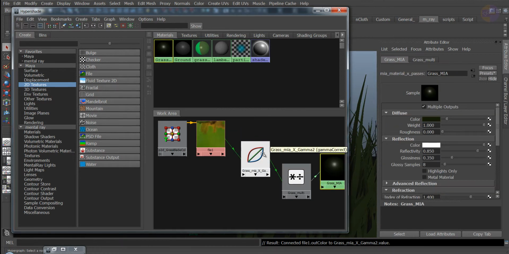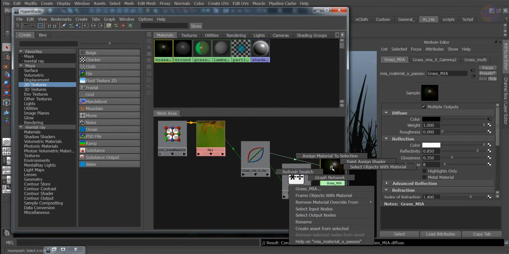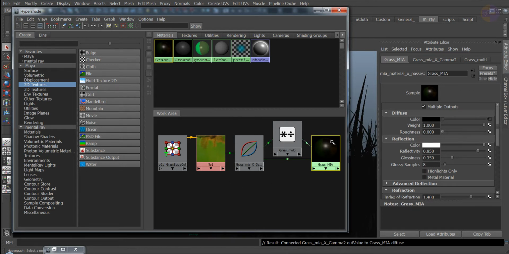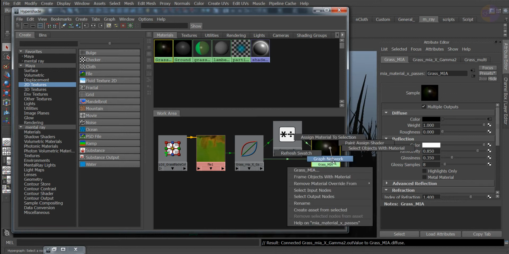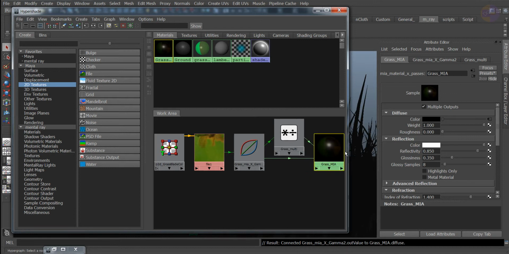I did not connect it into color, so let me just simply connect it, and there we go. Alright, so this is how your graph should look. Just right click on your main material and click on graph network, and this is how it should look. Now I'm going to add a little bit of roughness, so maybe